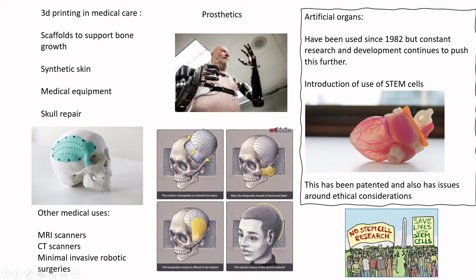Artificial organs. This is one thing there's always been a big push for, particularly if you need organ donor waiting lists. There has been the introduction of stem cells, which is quite a controversial one, particularly if you are someone from a more religious background, because stem cells come from, and I'm trying to remember the exact term, unborn or undeveloped fetuses, where essentially it's a blank cell, whereas if you put that blank cell next to a current healthy cell,